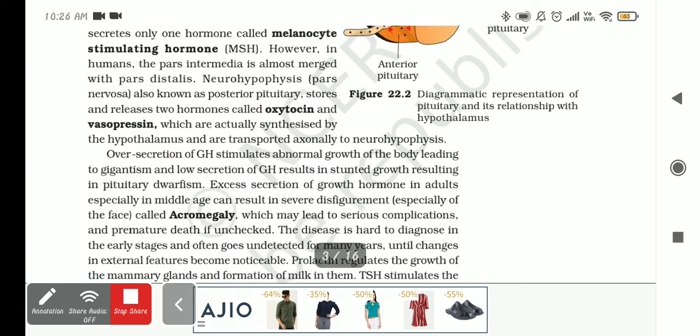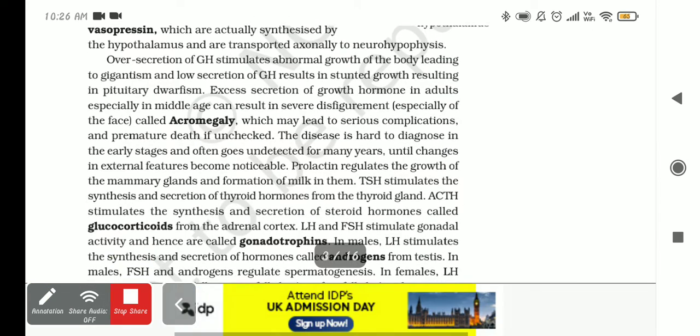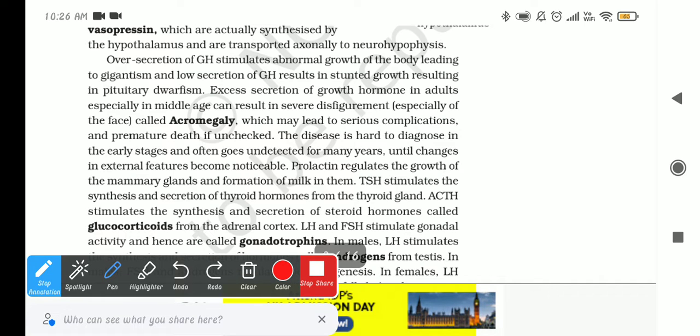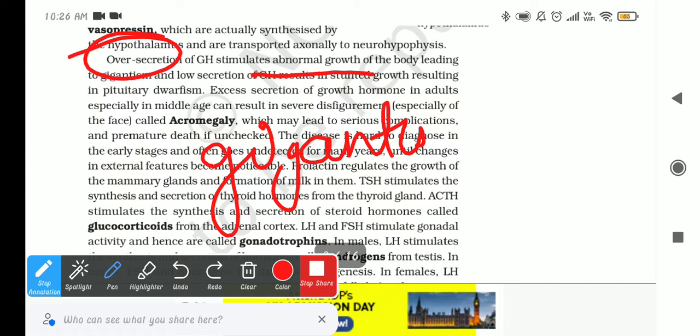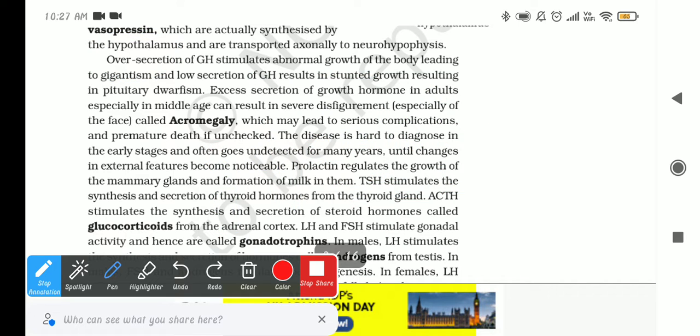Now let's discuss the functions. There should be an average amount of secretion of GH. If there is oversecretion, it will lead to abnormal growth of the body and lead to gigantism. Gigantism means extreme growth of someone in childhood. And if there is low secretion, it will lead to stunted growth, which will lead to dwarfism,